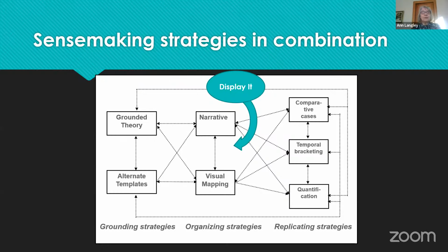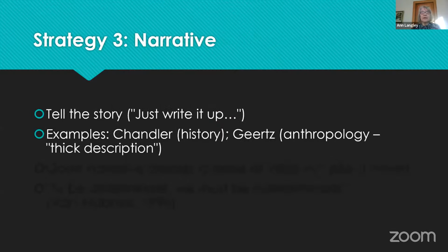So if we look at narrative, this is so easy. Just tell the story, just write it up. All you have to do is to write the story. And there are classics here. Alfred Chandler, for example, the historian, tells a narrative. His theorizing is very much narrative-based. And as Brad mentioned, thick description from anthropology is a term that Geertz uses to talk about his approach as